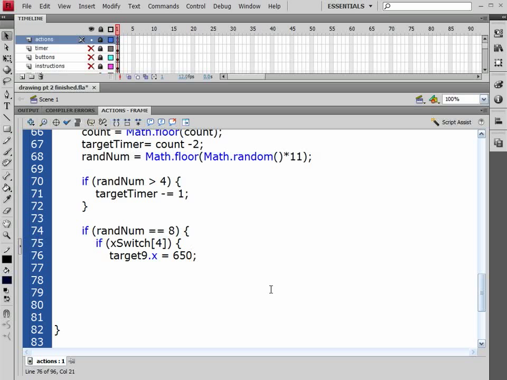And remember, these are the starting points from behind that area that we should have looked at and set up before. Else, I want my target 9.x to equal 140. And that's the value that I found to be between those areas. Okay? Else, if it's neither of those,